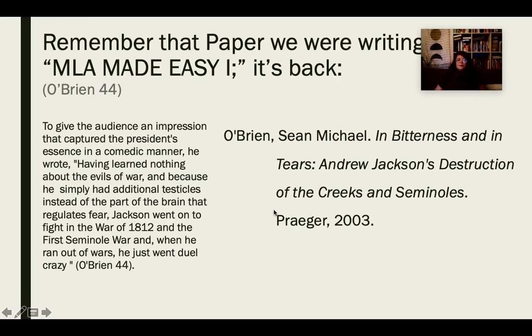Right? So we have O'Brien. I can go buy this version of this book, and then I can turn to page 44 and I'll be able to find that quote. That's all that we're doing, right? I first locate O'Brien. I see O'Brien in my source, and I can find that copy of that source by following and tracing our research, because that's what we're doing. Okay? Notice too that I have author's last name, comma, and then first name, and then middle, period.